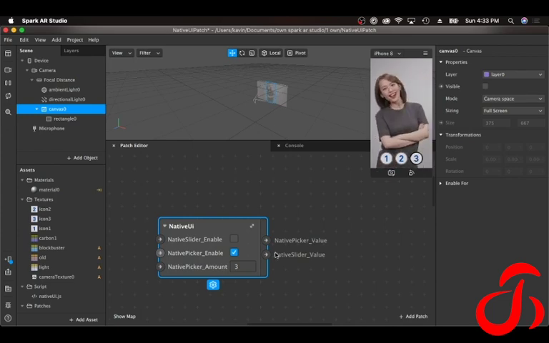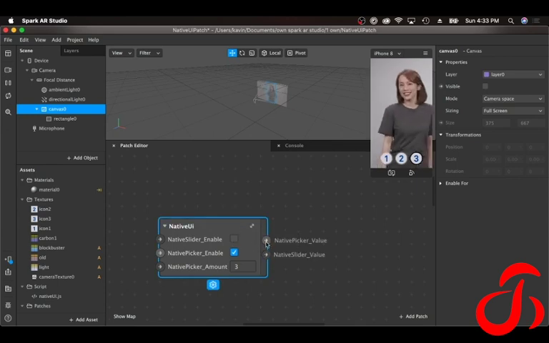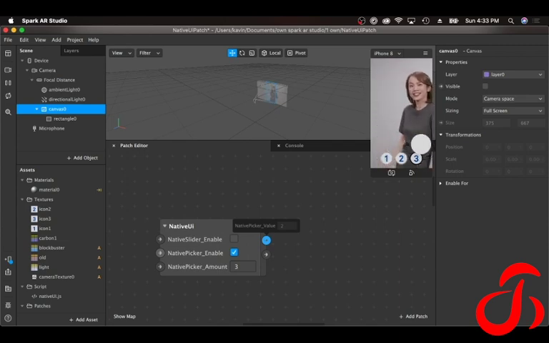I made it in such a way that using this output, you can get the slider value when you are activating the slider, and the native UI picker option which is selected. In our case, we selected this element that is 0, 1, 2. In native UI or any coding-based stuff, the numbers always start with 0. So the first option is 0, then 1 and 2. I've selected the third option, so the third value is 2.